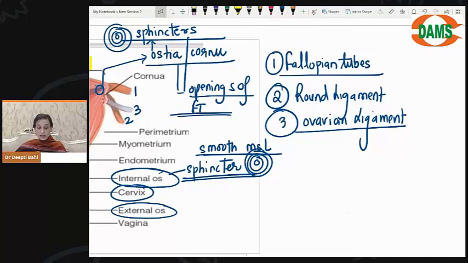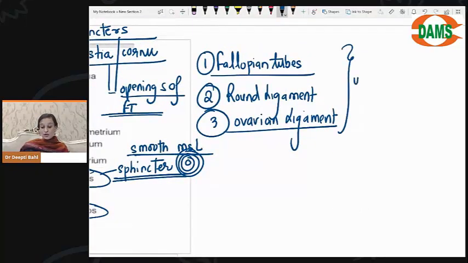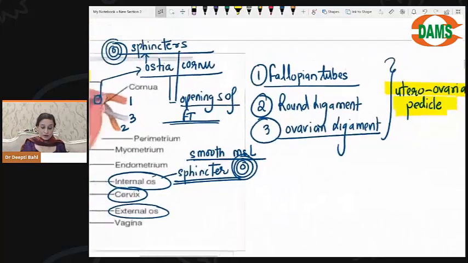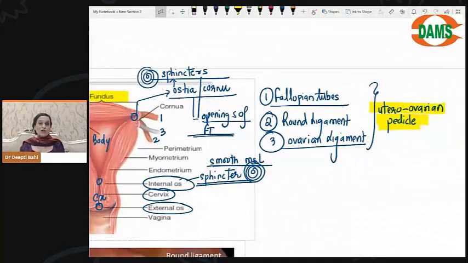Now these three are together called the utero-ovarian pedicle. Listen to me very carefully, because when we talk about core gynecology, we will be using these words. So, utero-ovarian pedicle. Now coming to this, they are present on either side, right? Before I explain how they are present on either side,